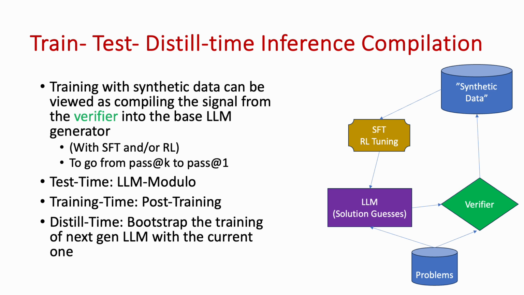And once you have that ability, then essentially the underlying base LLM might have, let's say, pass@15 accuracy. That's reasonable. That means if you do 15 guesses, and if any one of those guesses is correct, I'll give you a point. And then if you are about 90% accurate that way, that means 90% of the time, one of your 15 guesses for your problem is correct. What you really want is pass@1 accuracy, not pass@15 or pass@64 accuracy.